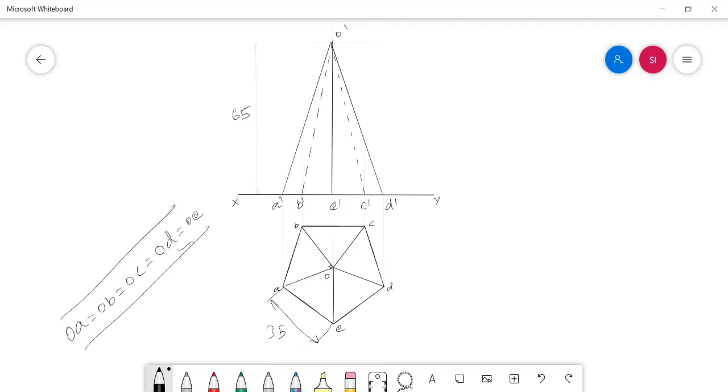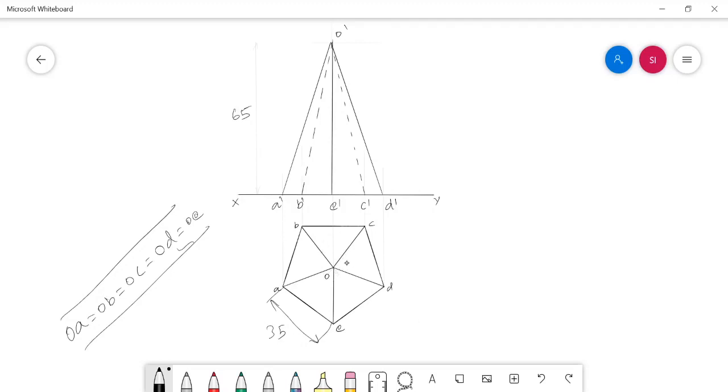See here, the edge OA is not parallel to the XY line in the top view. So definitely in the front view, it will show a false length. In the same way, no slant edge in this top view shows its original length in this problem, because all the slant edges are not parallel to the XY line in the top view.